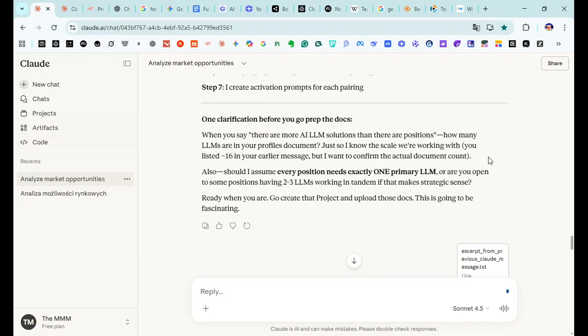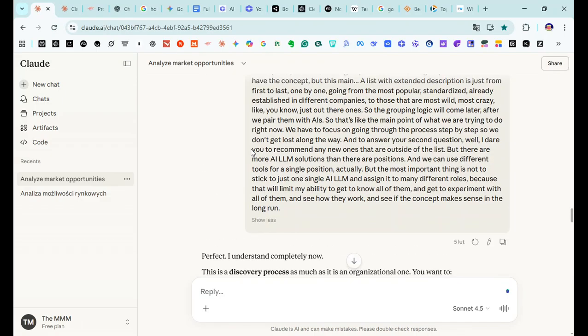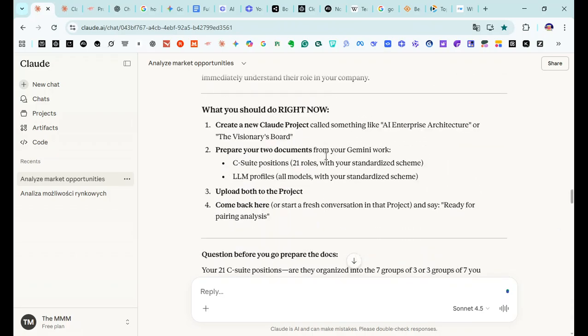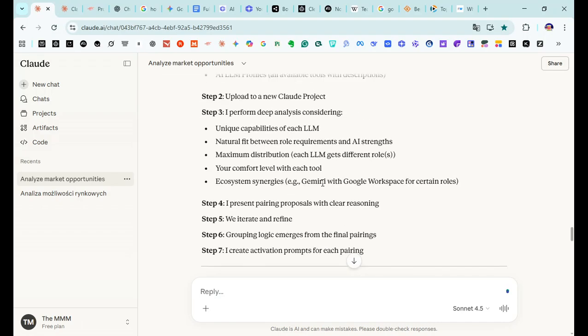assign, yeah. So initially I listed 16 AI options that I knew of. In the meantime, I doubled this number, but I didn't mention it in the past few prompts, so it wasn't informed about it.